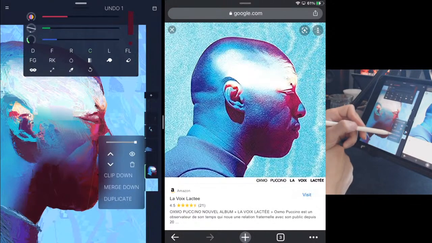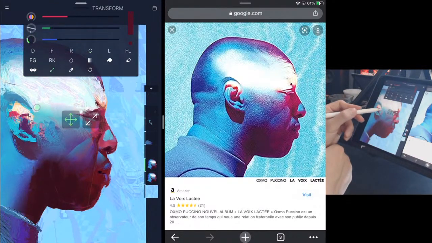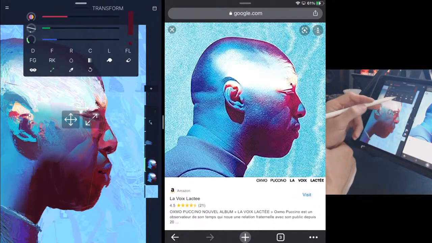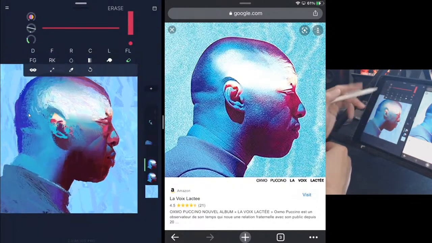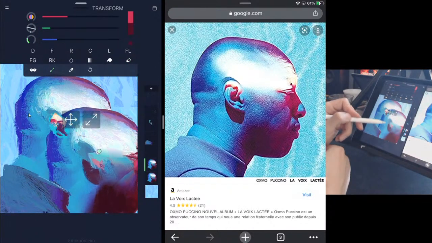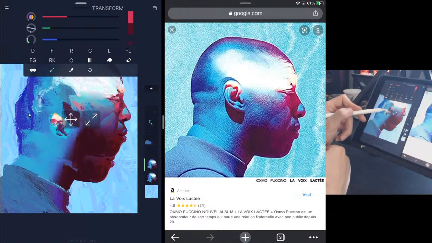Alright, I'm going to duplicate this because I think the mouth is too low here. Move the mouth up a little bit and then erase. So one way to do this, guys, if you're trying to duplicate something,